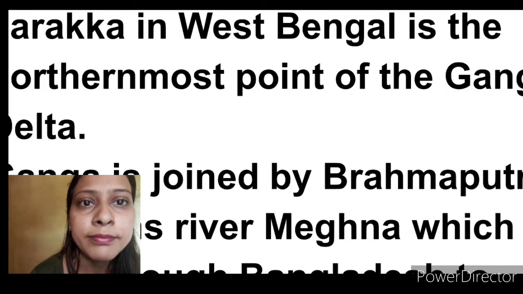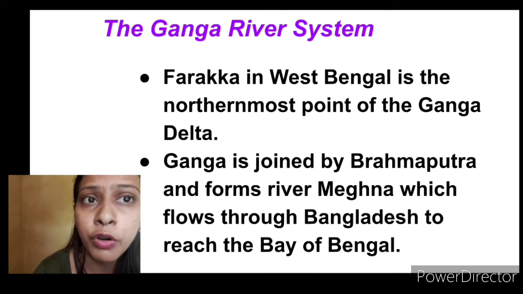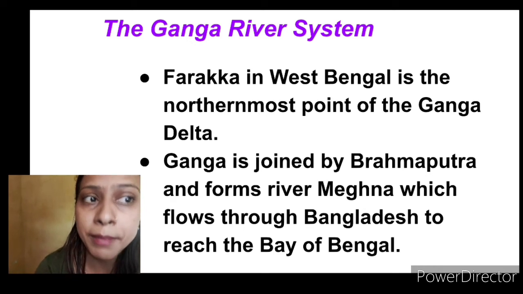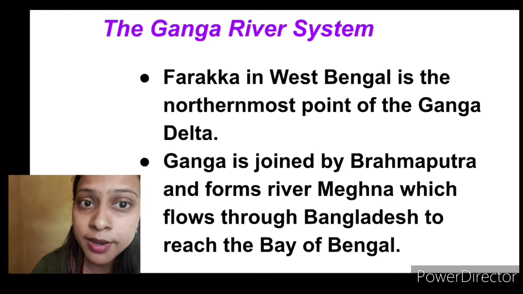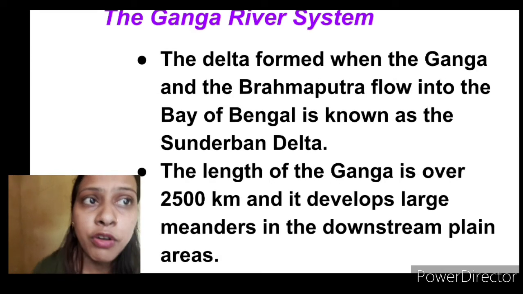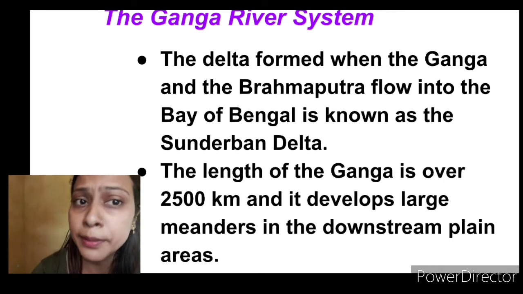All right. So, Farakka is the northernmost point of the Ganga Delta. That is just the starting, and Ganga is joined by Brahmaputra and forms River Meghna. As I said, when River Brahmaputra joins River Ganga in Bangladesh, they are known as Meghna, and flow through Bangladesh and reach the Bay of Bengal. And the delta formed when the Ganga and Brahmaputra flow into the Bay of Bengal is known as Sundarban Delta,